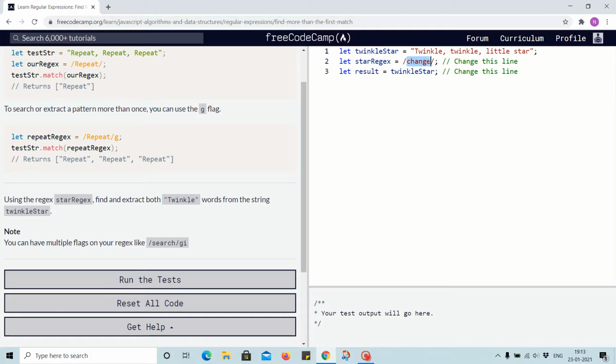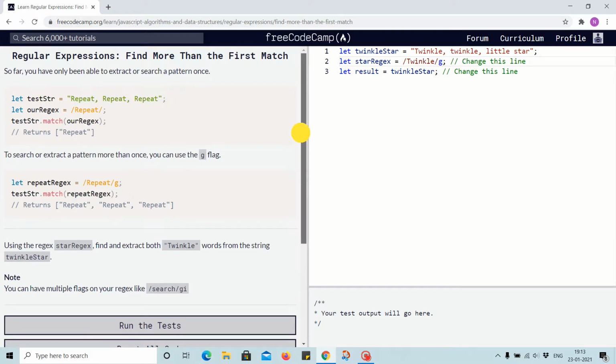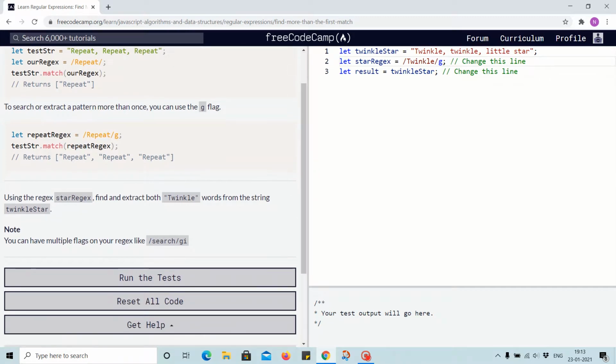We have to extract the Twinkle word, and we have to use it in repeated form, meaning it will search again and extract all that match the Twinkle string. To do that we will use .match,